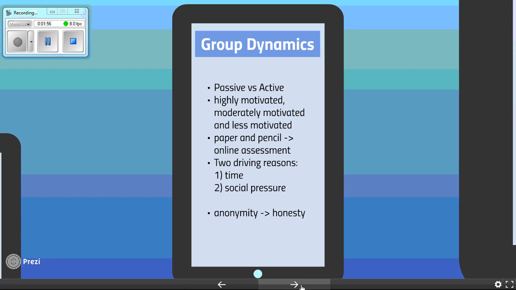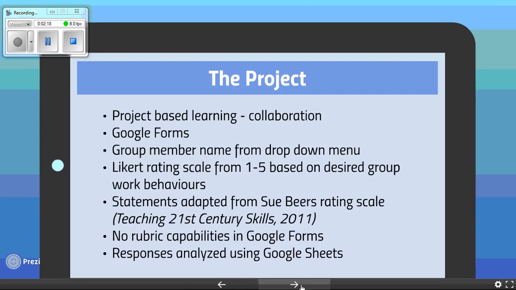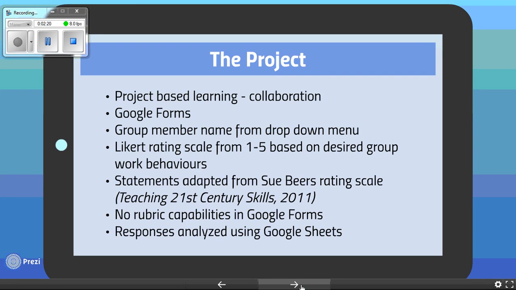And what I was noticing was that a lot of students might feel social pressure to rate their friends highly, or be bullied into giving someone a different mark than they deserved just because they didn't want to upset anyone in their class. So I'm going for a more anonymous type of feedback and hoping that will give me more honesty. The project itself was that I actually had them complete a project on science, and so it was a